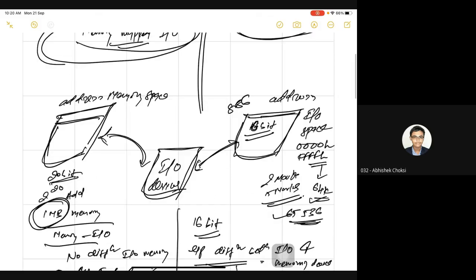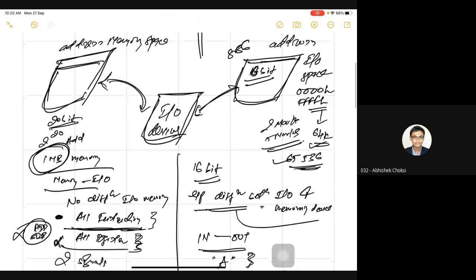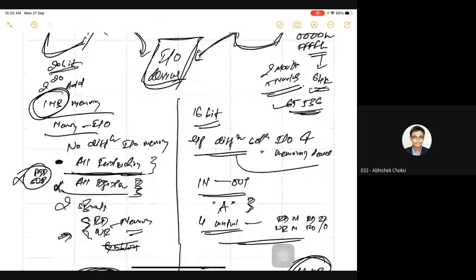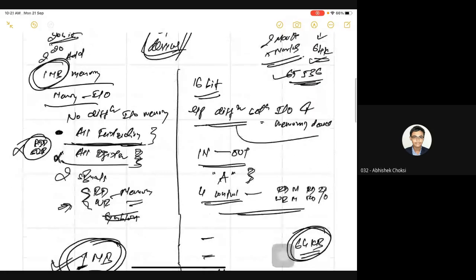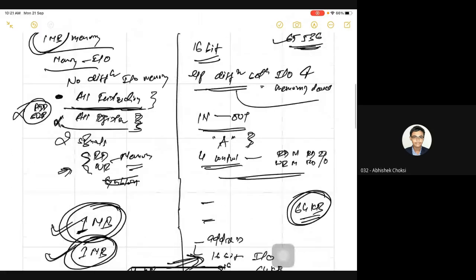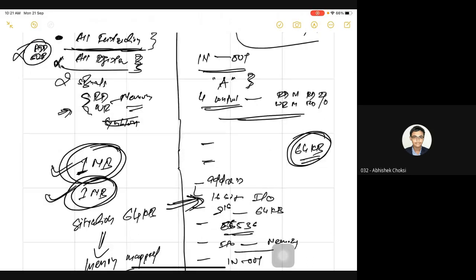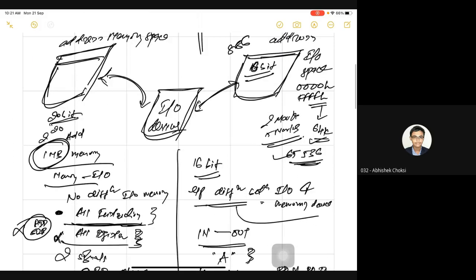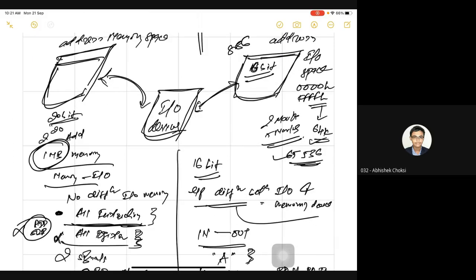If you use the IO space, you have a 16-bit address, you can attach a maximum of 64K of devices, you can use only the IN and OUT instructions, you only have the A registers available, and you need to use 4 controls: memory read, memory write, input read, input write. Now, if I use memory space, then I have 1 MB of memory, so I can access 1 MB of different input output devices.